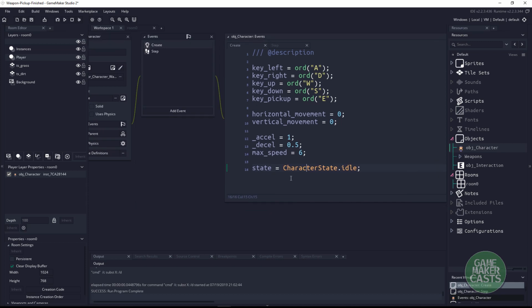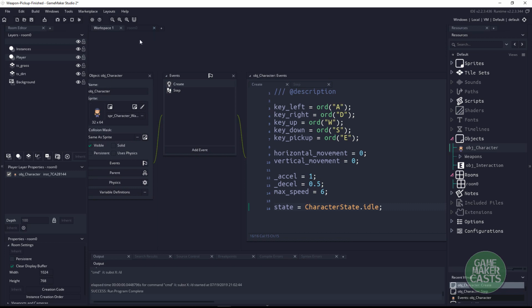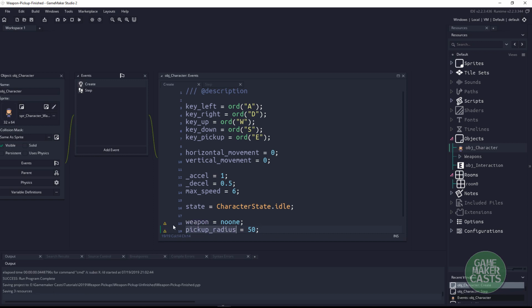So what we're going to do is create two variables in the create event of the character. We're going to create a variable for what weapon we have. So we'll just say the weapon is equal to no one. And we also need a pickup radius. Now you may have seen this radius used multiple times in my videos. We're just going to basically cast a circle out within 50 pixels of our character,